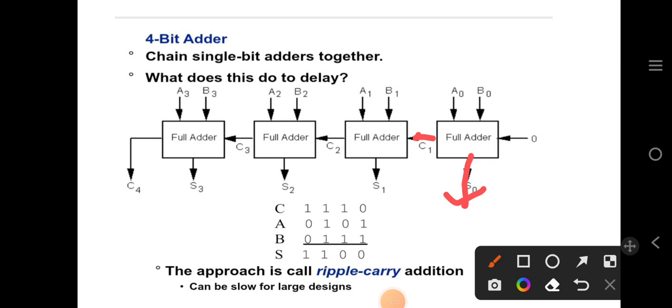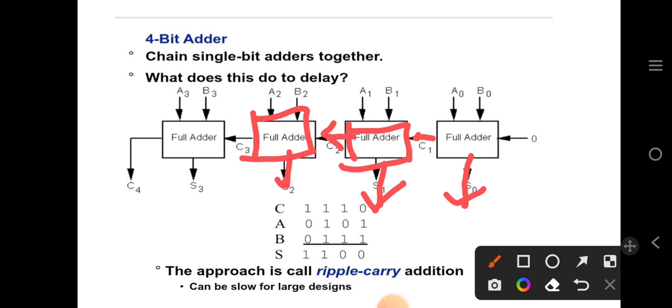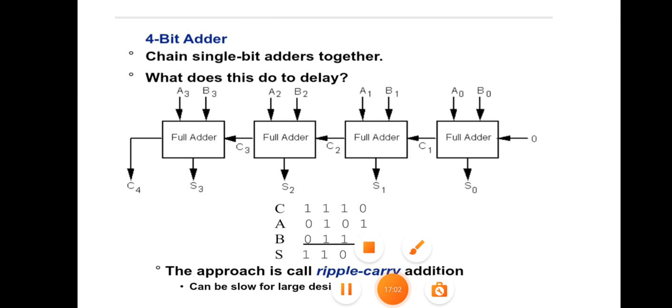So carry will be forwarded to the next full adder. So this will give the second output S1, and the carry output will be given to the next full adder. Now the third output of this will be S2, and the carry will be forwarded to the full adder. Now this last full adder will take the input as C3, A3, B3, and it will give the output S3 and C4, that is the carry bit. So this is how we can calculate the full addition of 4 bits.